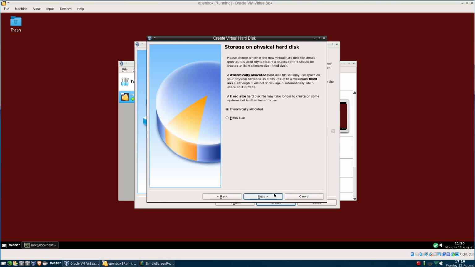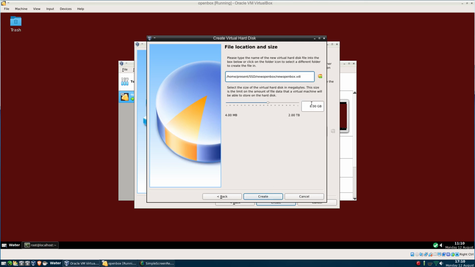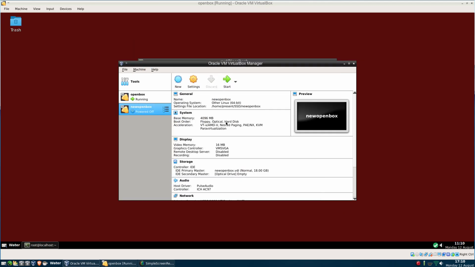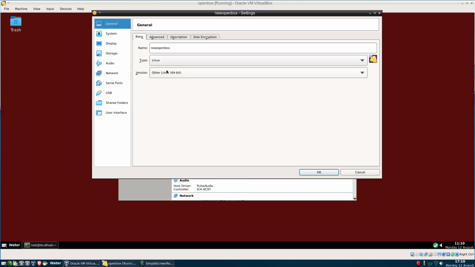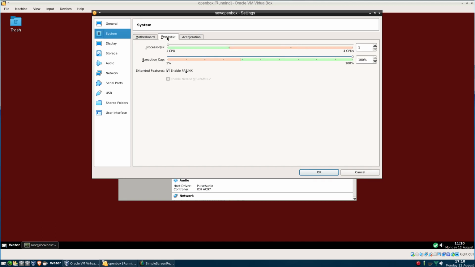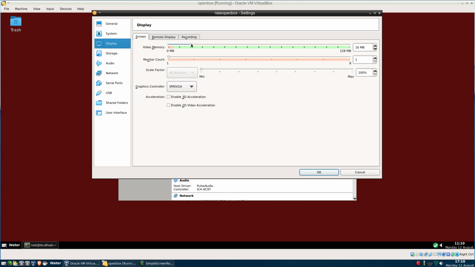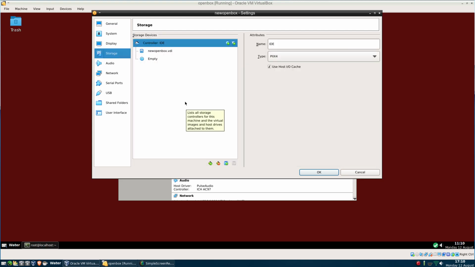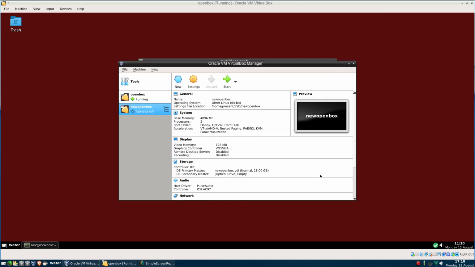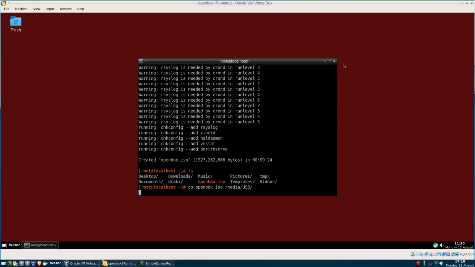Create, next, and next, and 18, and create, and settings, and system and processor. I'll give it 2 cores, why not? Acceleration is going to be KVM today. Display all the way up. I don't even bother with the 3D business. And the storage I'll leave just for the moment because I've got nothing to put on there. So I'll click OK, so that one's ready. And I'll just minimise that